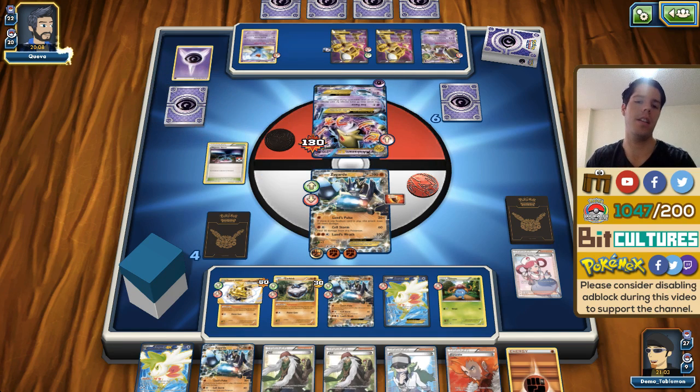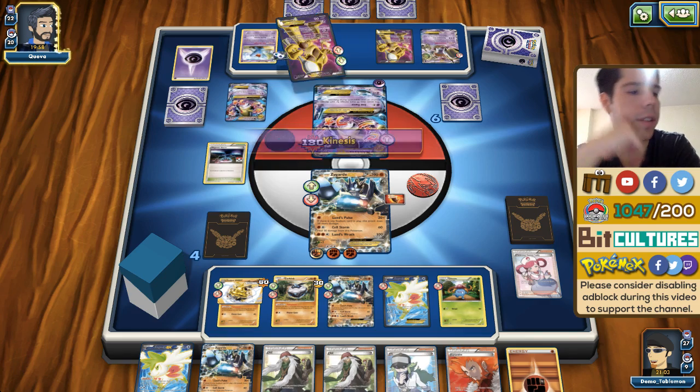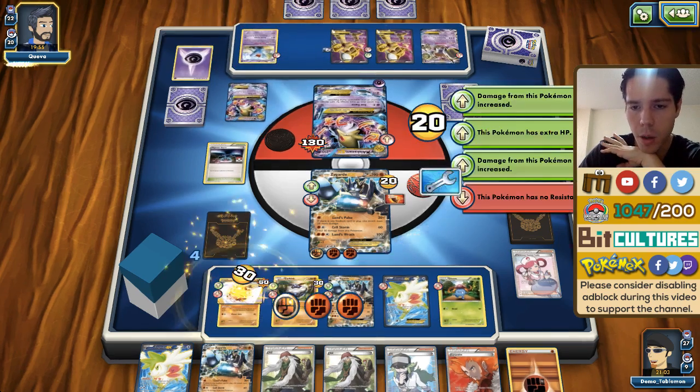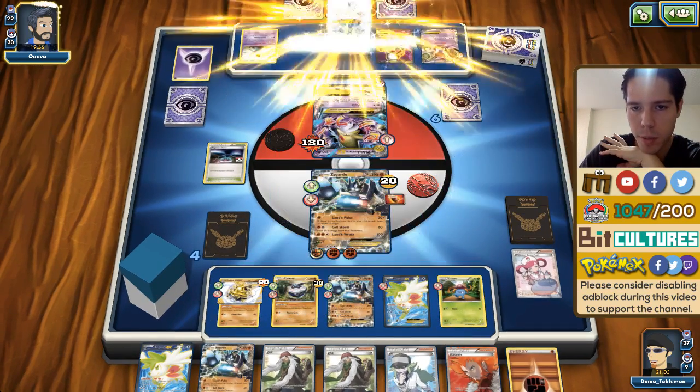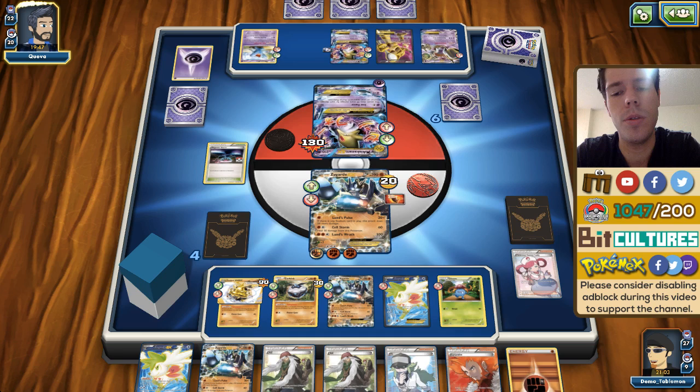on my Zygarde. He could potentially KO the Carbink Break or the regular Carbink. He might be fearing the Vileplume as well. But yeah, it's really no big deal. And next turn, can I KO? I deal 90 damage plus 130. Yep, I can KO and heal myself 30 damage. So as you can see, Zygarde alone is such a powerhouse that you don't really need